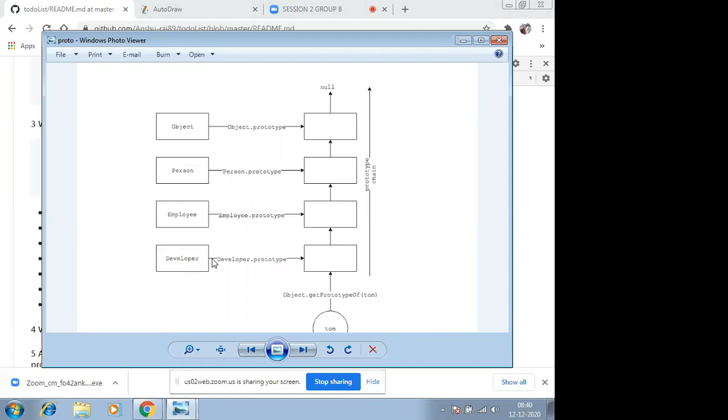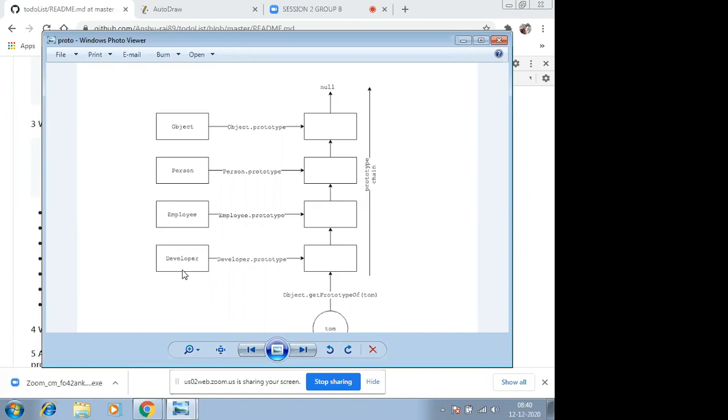And if I use isPrototypeOf, it first checks that I am passing Tom here. It will return the prototype of Tom, and then it will check that that particular prototype is equal to developer or not. That line of code means this. So now tell me, is it true or false?